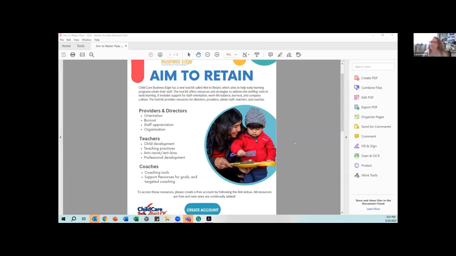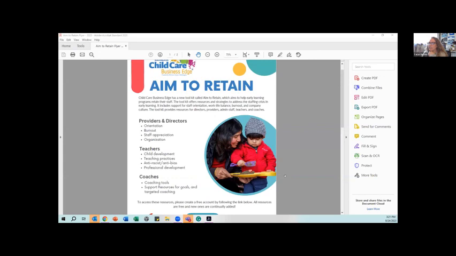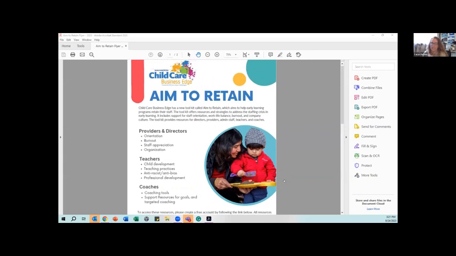Yes. Actually, I don't know if she's on. I hope she is. Christina Jacobson, who is a coach out of King Pierce, created this. She is part of our work group, and she created this beautiful flyer and put it all together. It simply tells you a little bit about what Aim to Retain is meant to be.